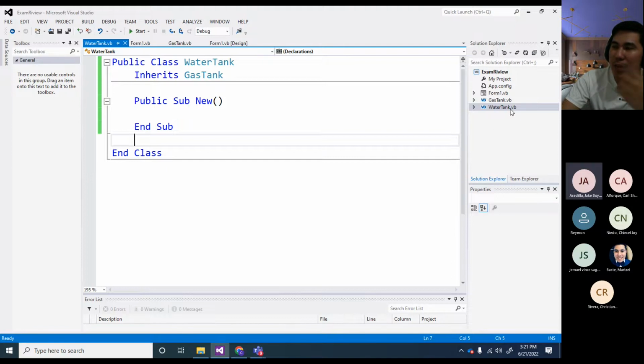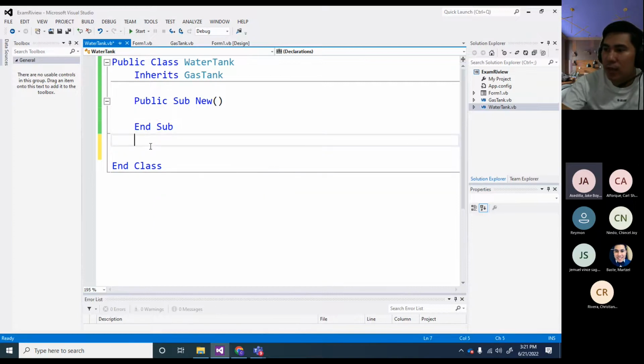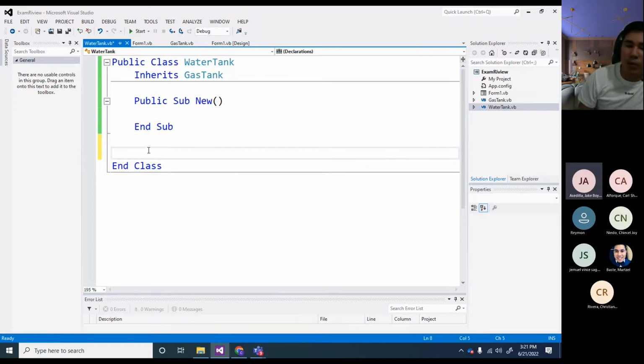So it should be reversed: water tank, then gas tank. By the way, what I want to show you here is that, unlike any other programming language, you can inherit the properties, although you inherit, you can use them but you cannot override. Okay? So this is inheritance